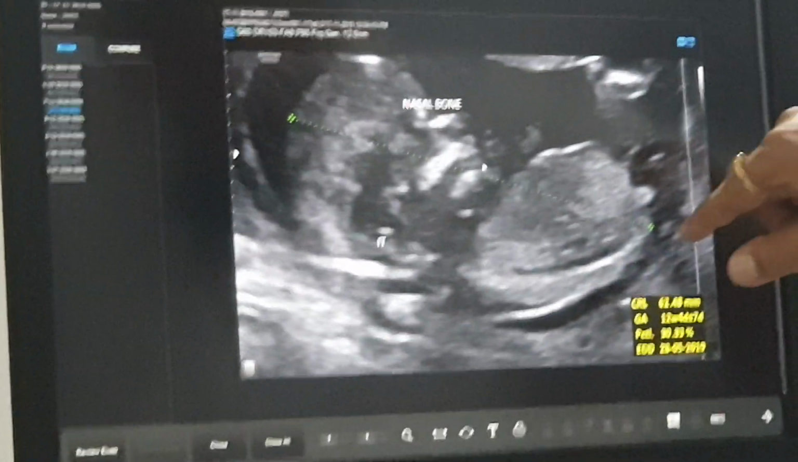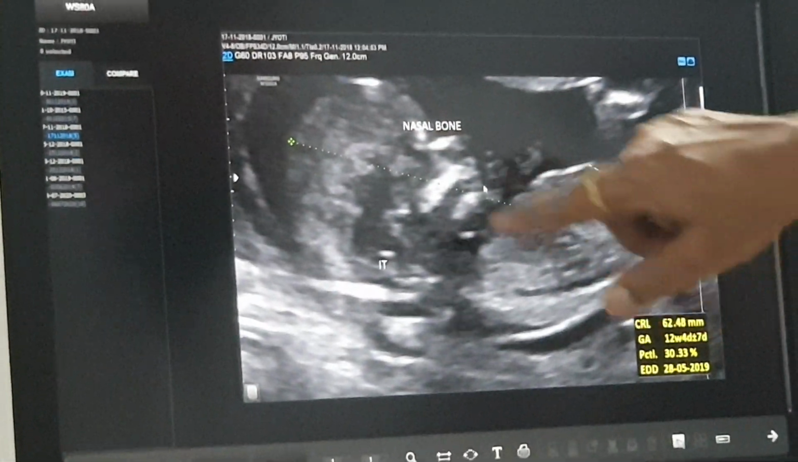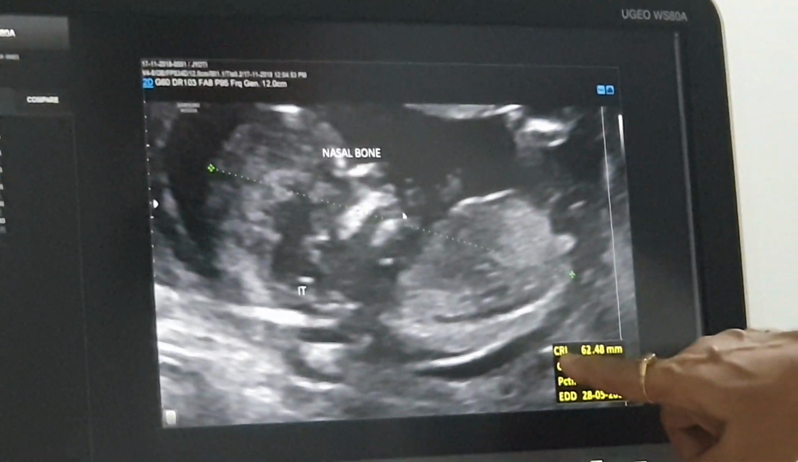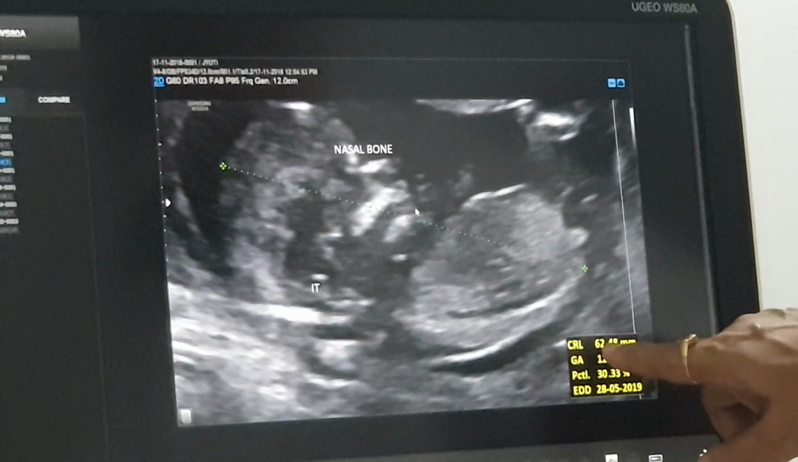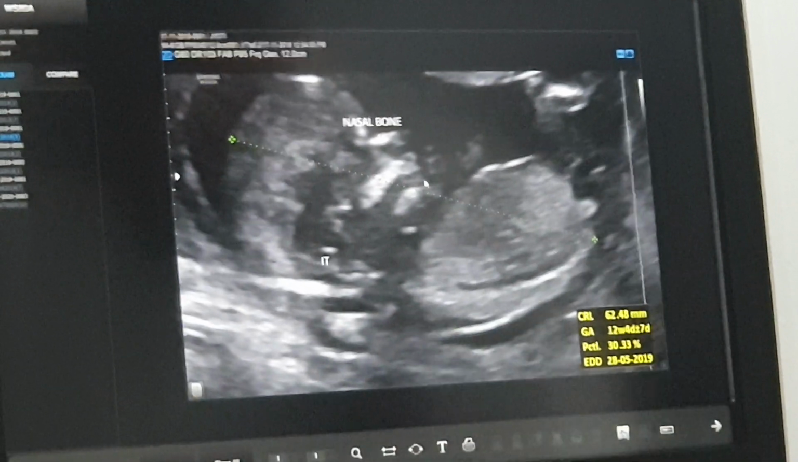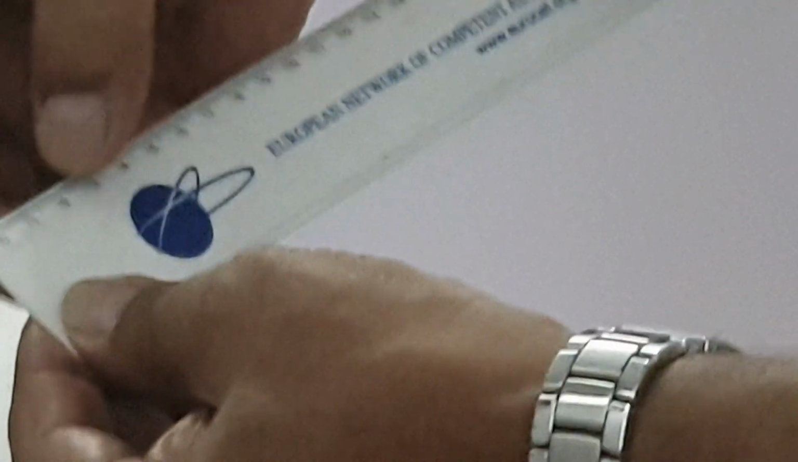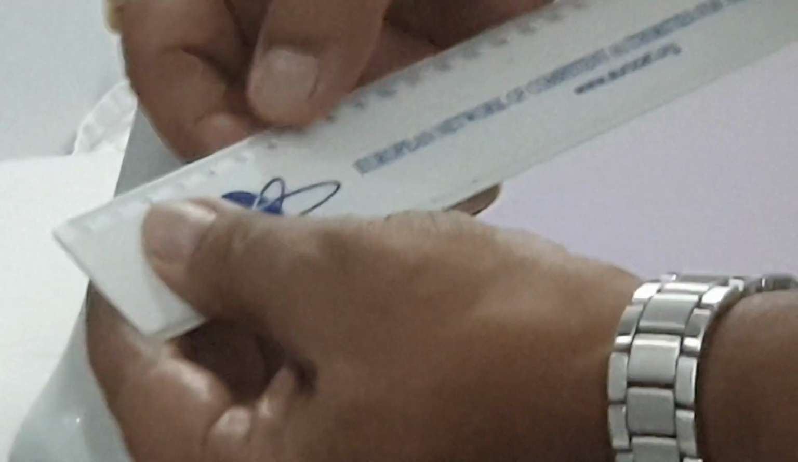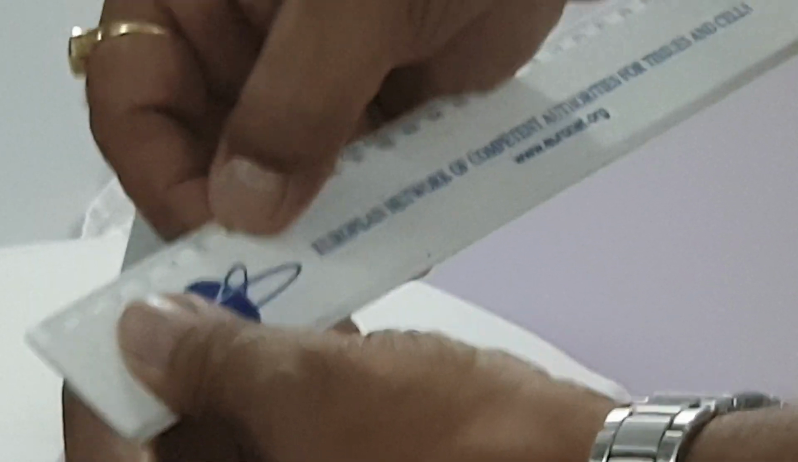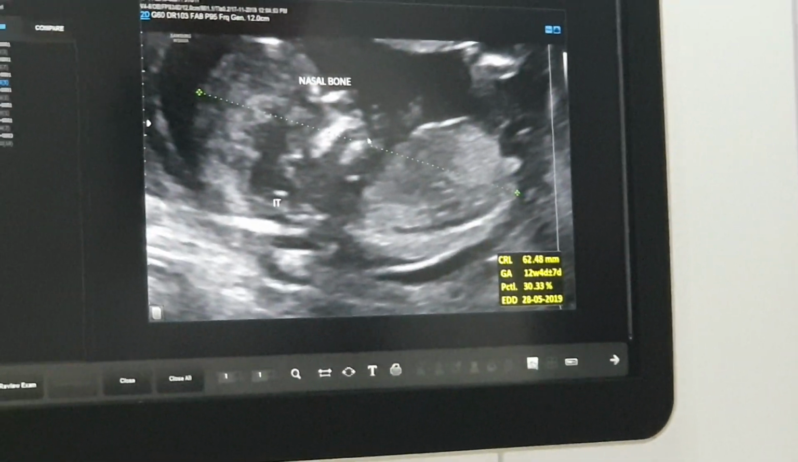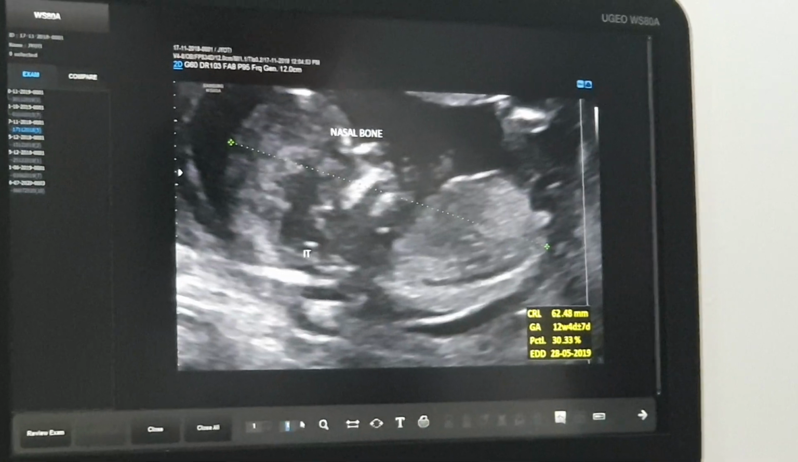This is not a very good image for an actual anti-scan, but this is the CRL, the crown rump length, and this is 62 millimeters in length. If you put a scale over here, this is 60. This is the size of the baby, and if I show you what it looks like,